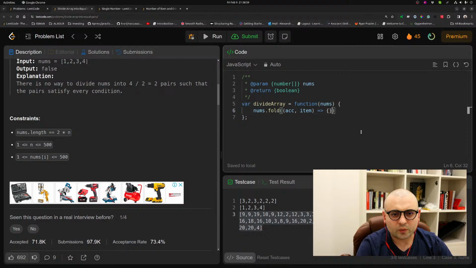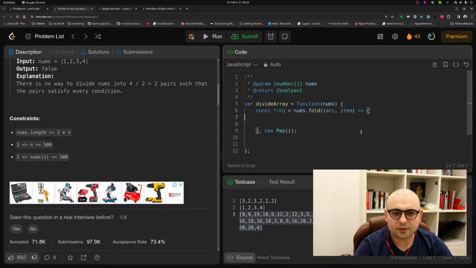What else will I need? Nothing here, and I have a new map. So map, it's a hash map as we do in Rust. And this I can call frequencies. Any questions so far? Yeah, so let's count